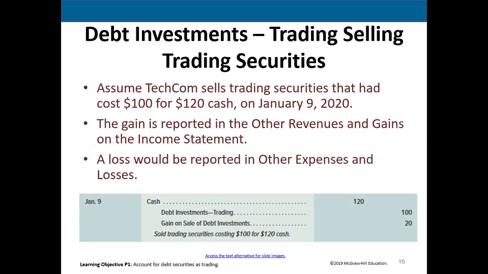They would debit cash for $120 because that's what they received. They credit their asset account where they originally recorded the purchase for the cost that they sold. So of the trading investments, which ones did they sell? Those that cost $100. So credit. So they sold the investments for $120 that cost them $100. So in this case, they have an actual gain on the sale of debt investments. This $20 is reported on the income statement, but it's not unrealized. Now it's realized. So we just call it gain on sale.